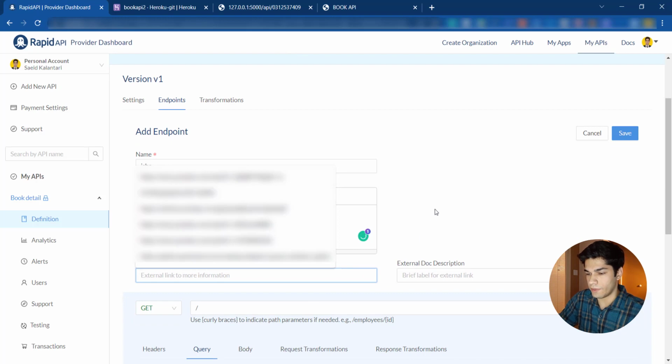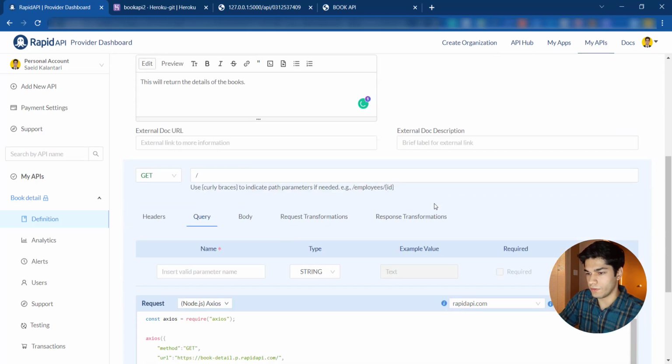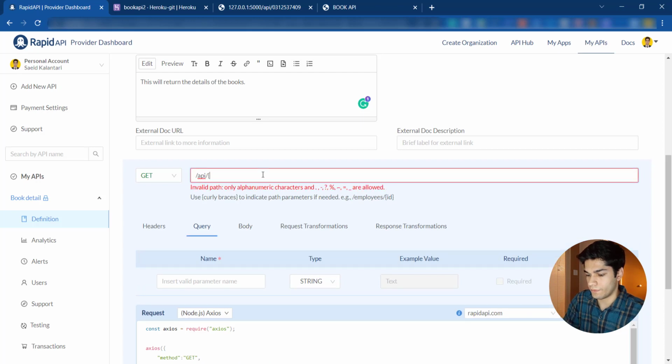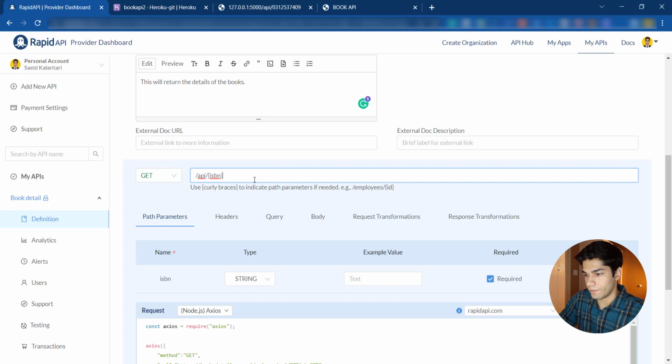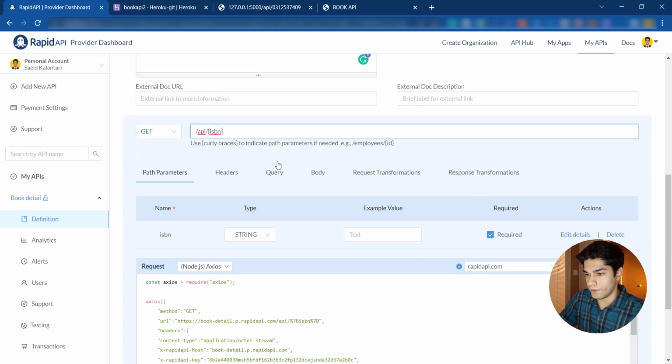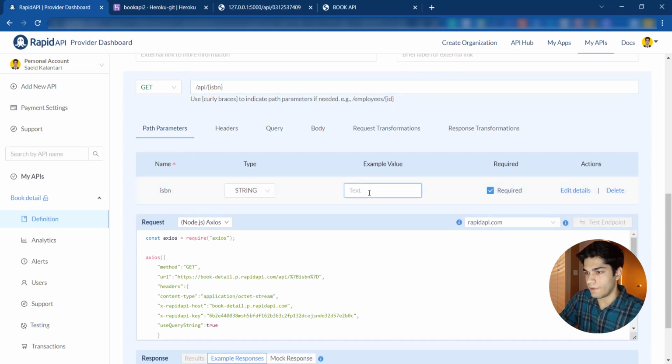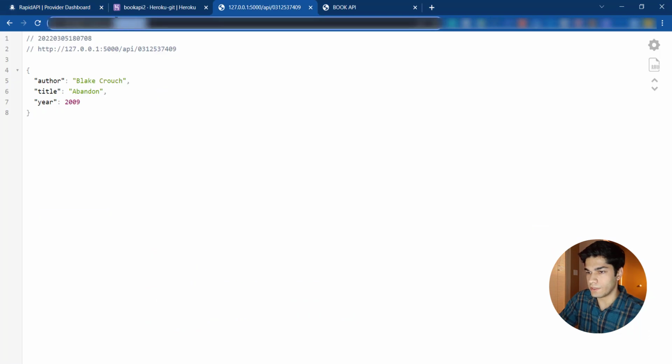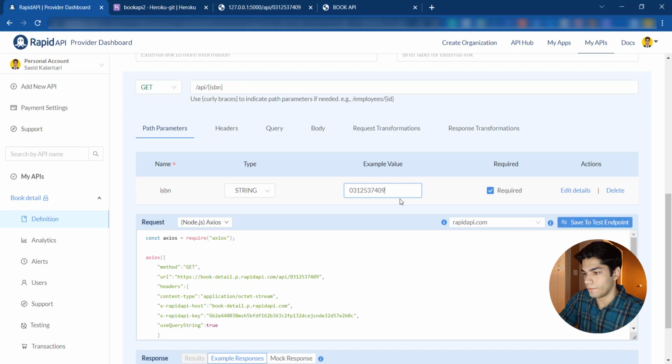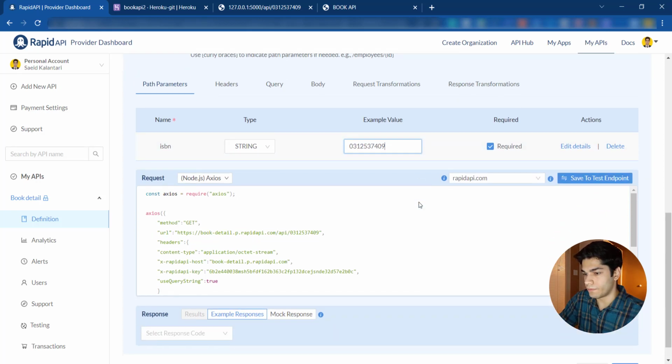And for the external link, we just leave it blank. And for GET, we write API slash something like ISBN, as it says. Here it is. And for test values, we can just enter the test ISBN that I entered here. It will be a string, and